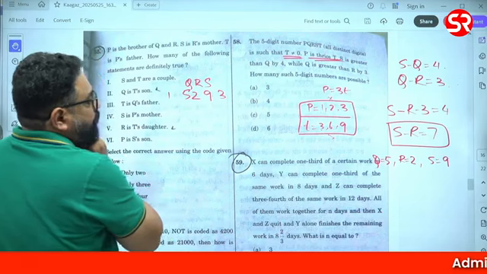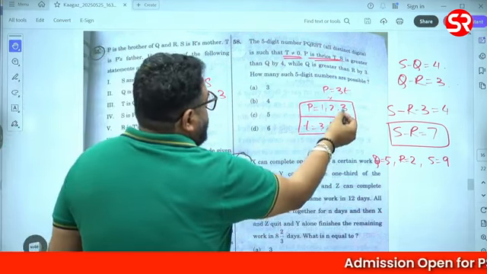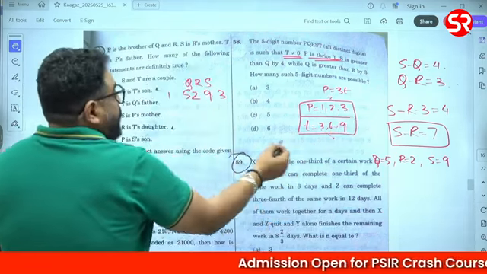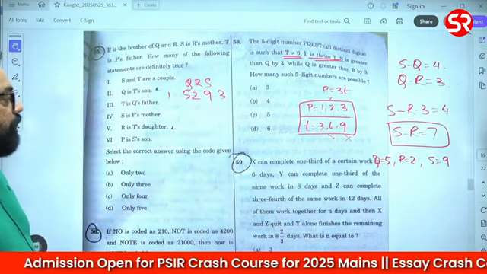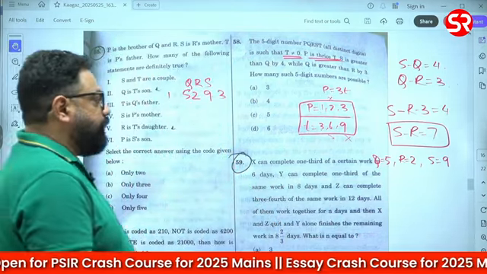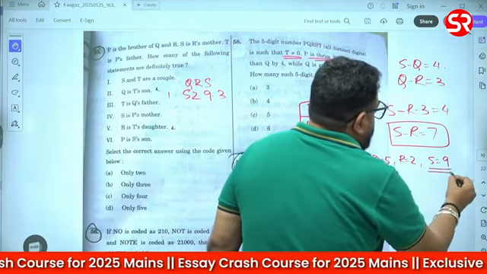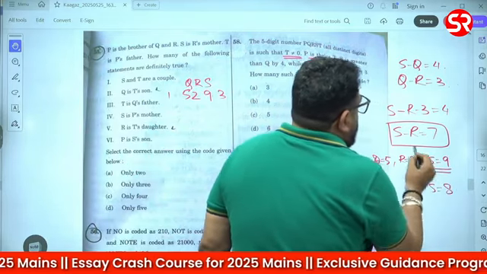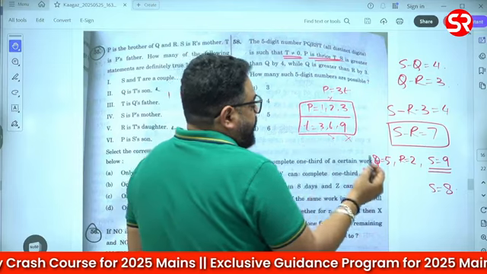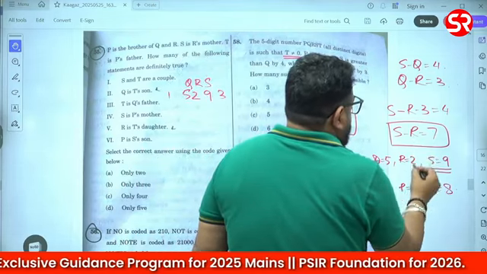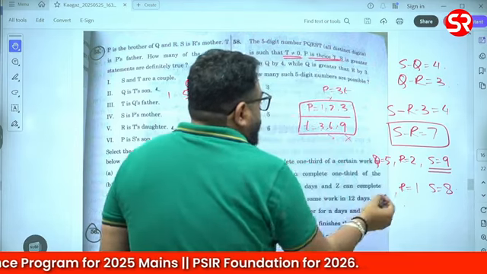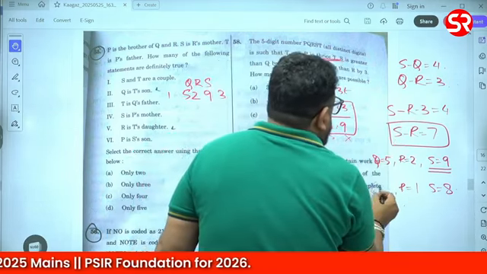Because 2 has already come here. And then if you say 3 and 9, 3 and 9 will not work either. So when Q is equal to 5, the only thing I assumed was S. Right, S was assumed. Now suppose S is equal to 8. If we take S is equal to 8, okay, then what does R come to? Look, S is equal to 8, so R is equal to 1. If R is equal to 1, then Q is equal to 4 comes